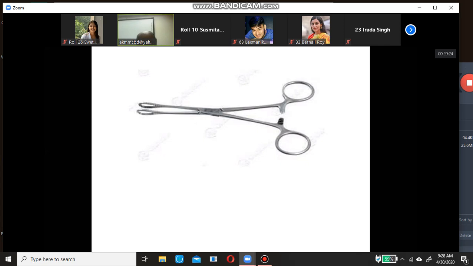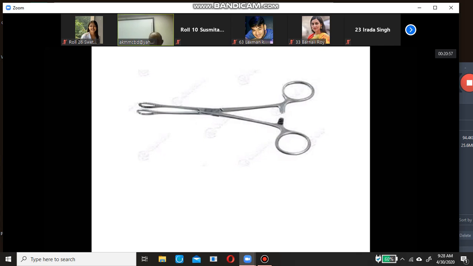During appendicectomy operation, we can hold the cecum. During cesarean section operation, we can hold the cut margins of the uterus. After the uterus is cut there is huge bleeding from the cut margin, and we can hold it with this forceps.